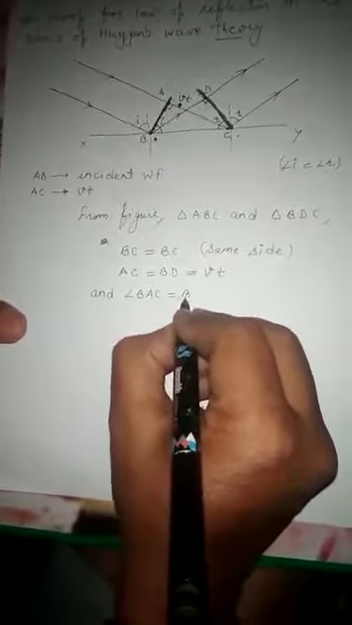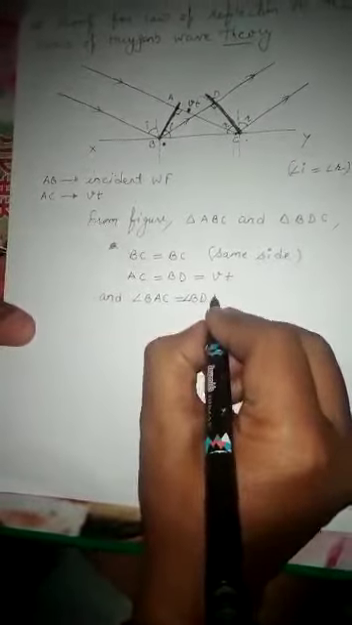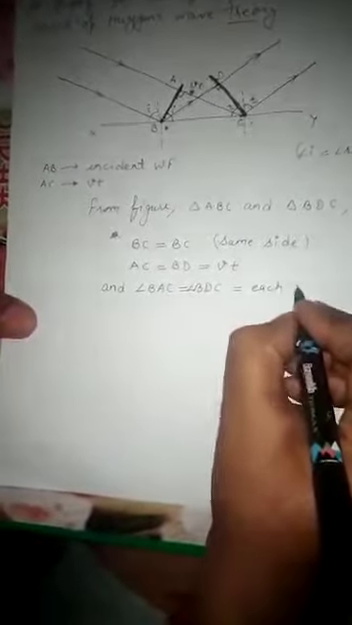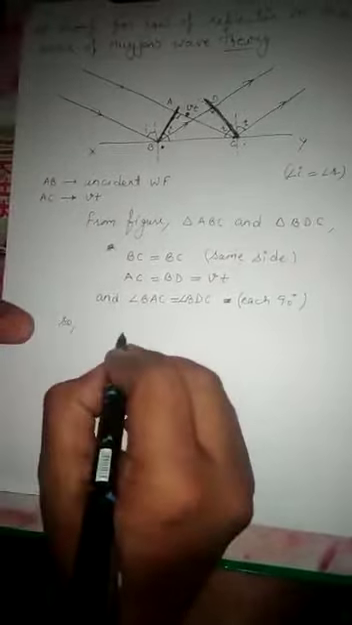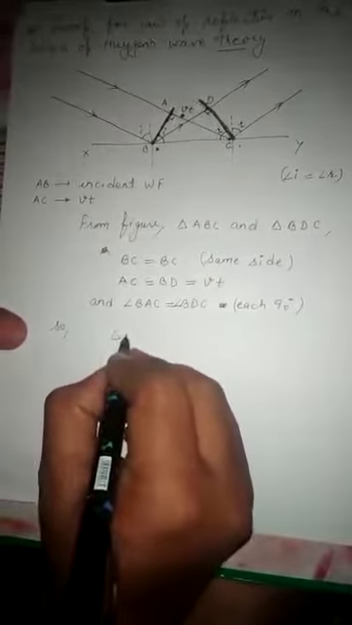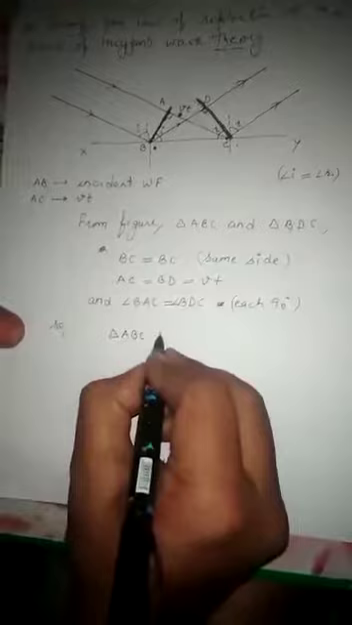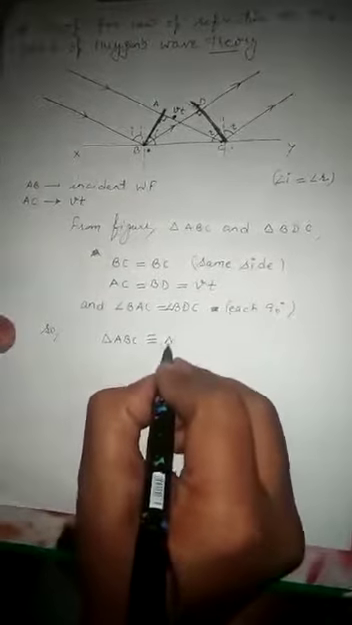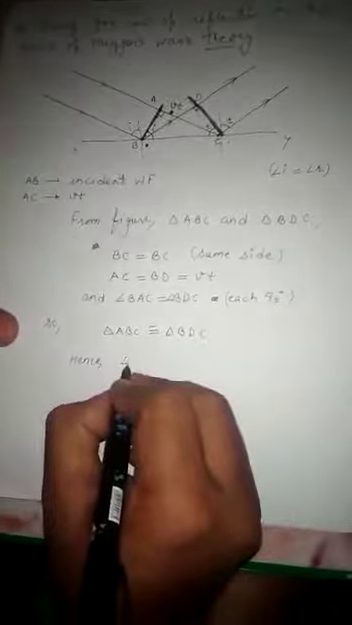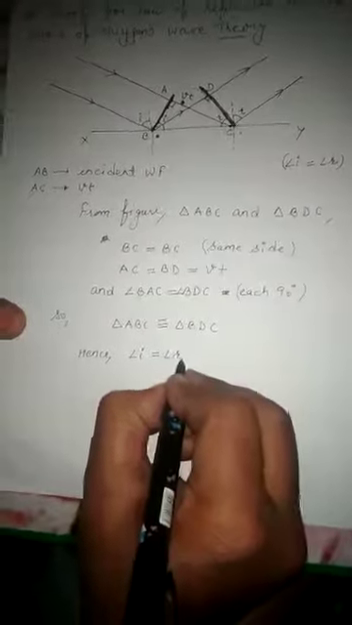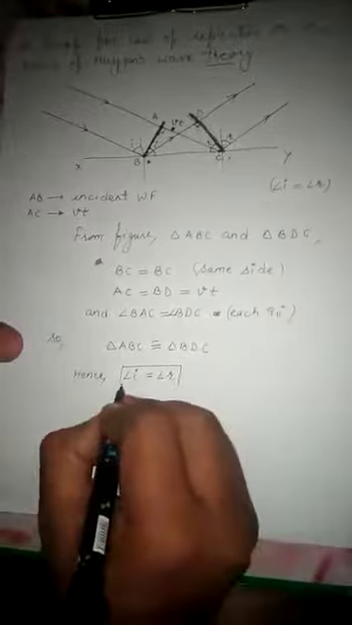Angle BAC is equal to angle BDC, that is equal to 90 degrees each. Okay? So hence triangle ABC is congruent to triangle BDC. So hence, in this way angle i is equal to angle r. So this proves